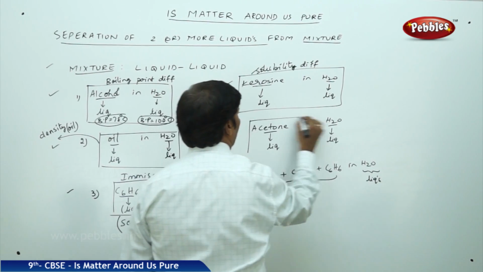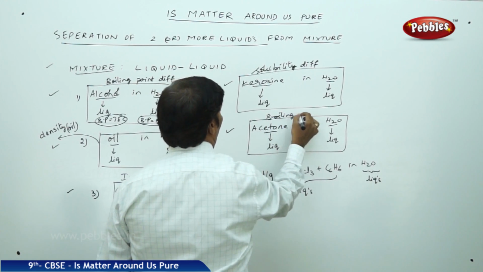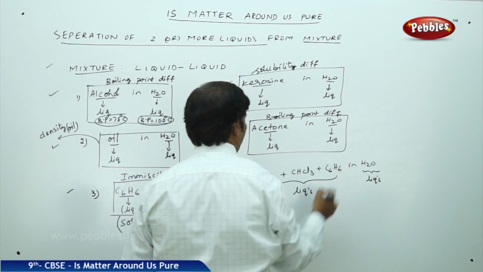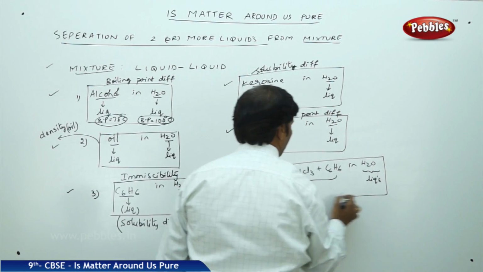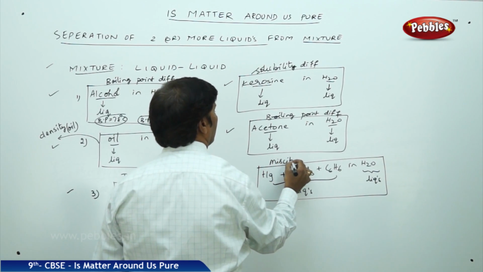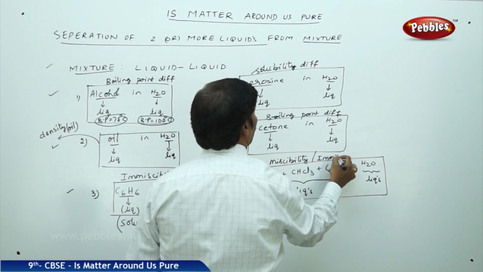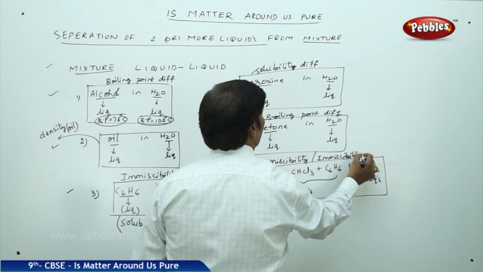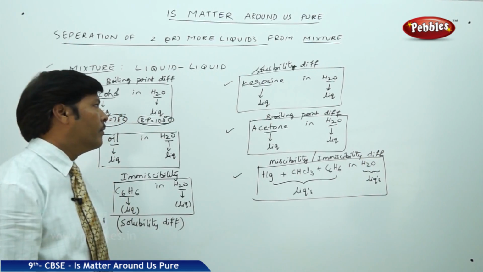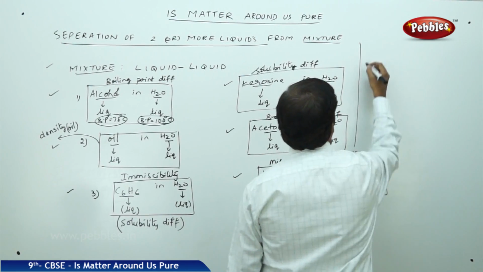Here also acetone in water, again boiling point difference. Boiling point difference in these two cases. Here miscibility and immiscibility difference. So wherever you find that there is a miscibility and immiscibility difference,